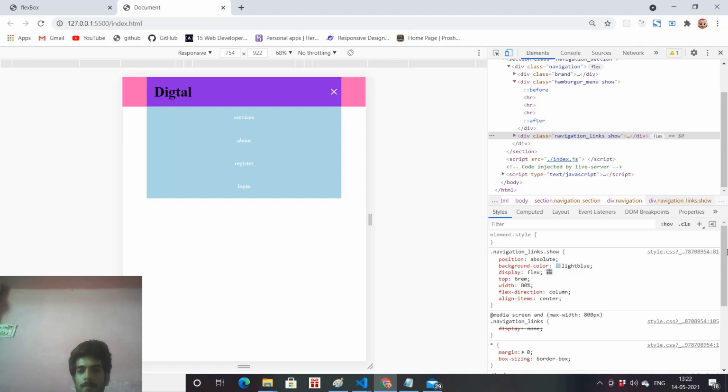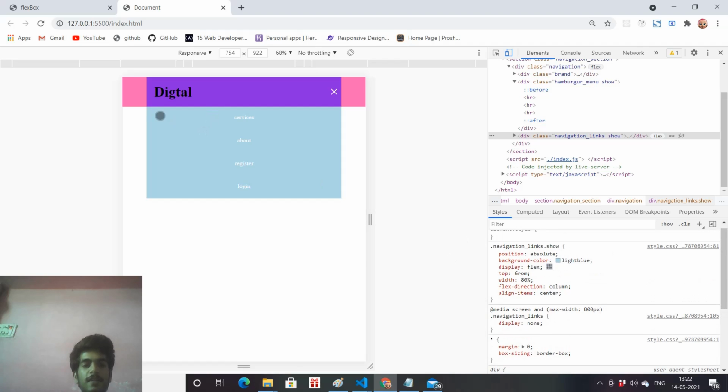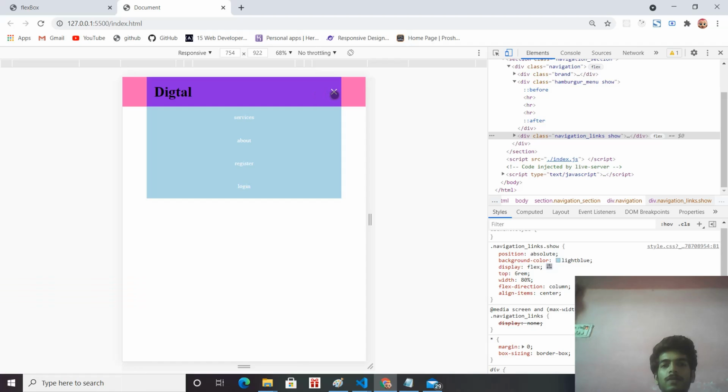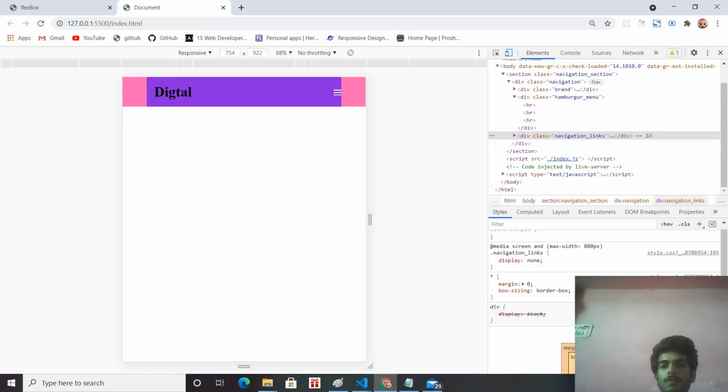You can see here we have added styling, and this styling makes these navigation links come down to the bottom of this container with the help of these properties. When I again click on this hamburger menu, it is going to remove the show class because it already has the show class.